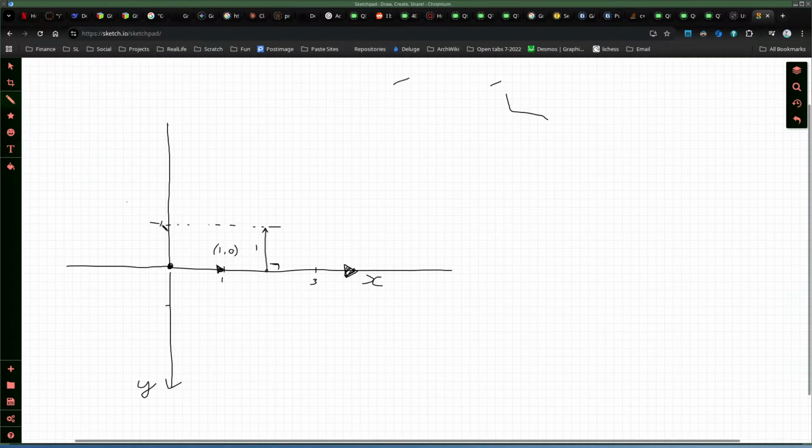This is -1. And thus, our normal looks like this. It still points in the positive x direction. But because our y-axis is mirrored in the horizontal x-axis line,